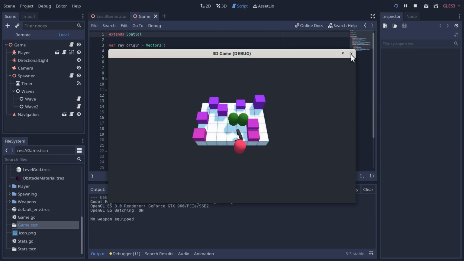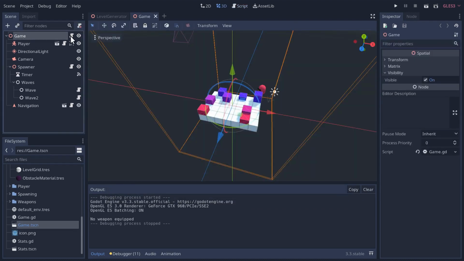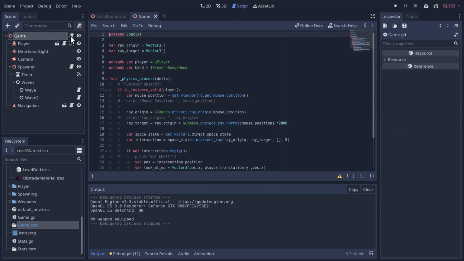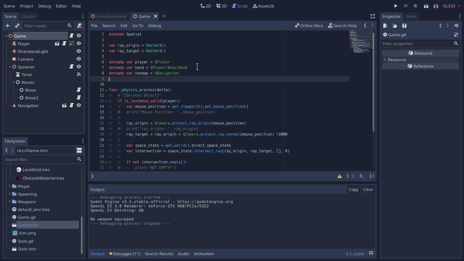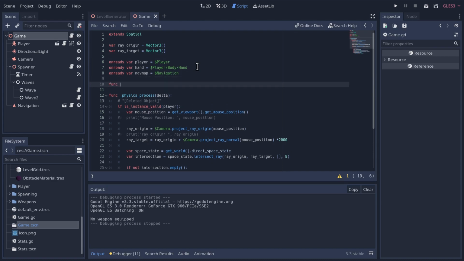And looks good. Okay, so now in our game script, let's create a new onready var that references the nav map. We'll just call it nav map, and it's going to be the node right now we're calling navigation. Maybe we can change that later to make it clear. But the reason I want to do this is because in the ready method,